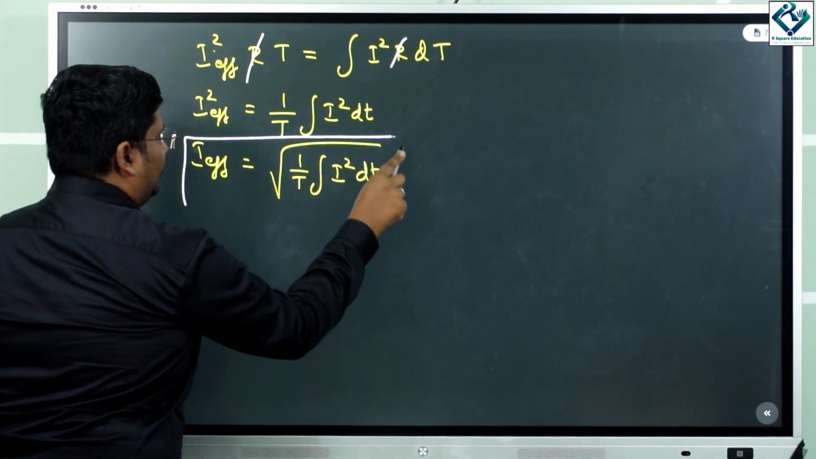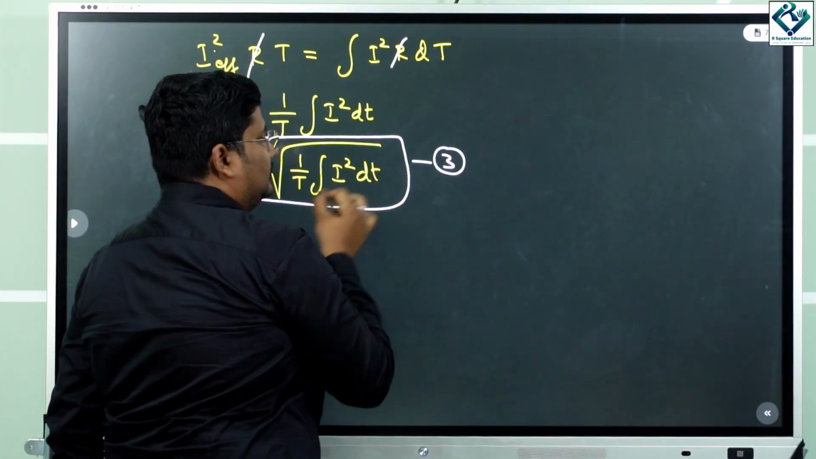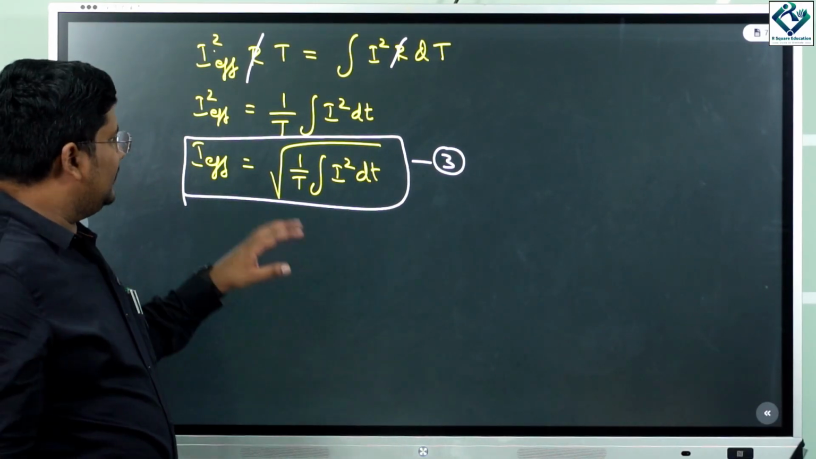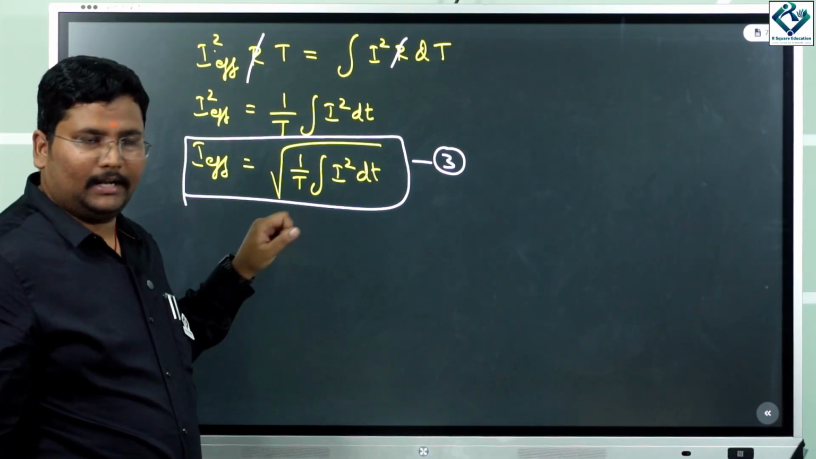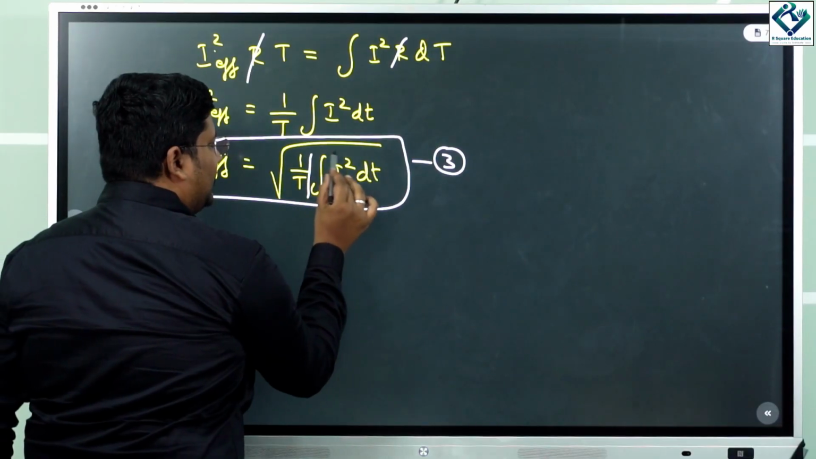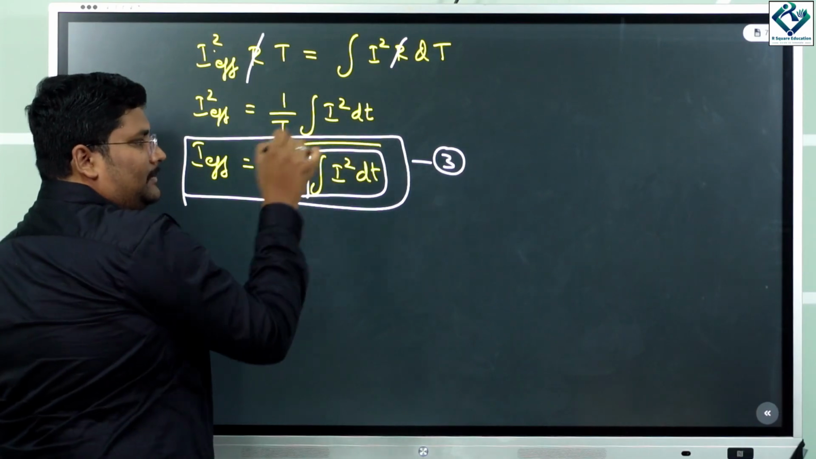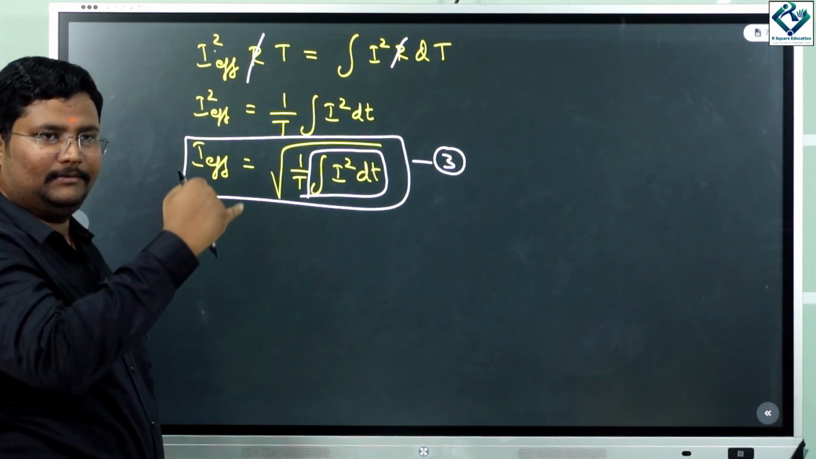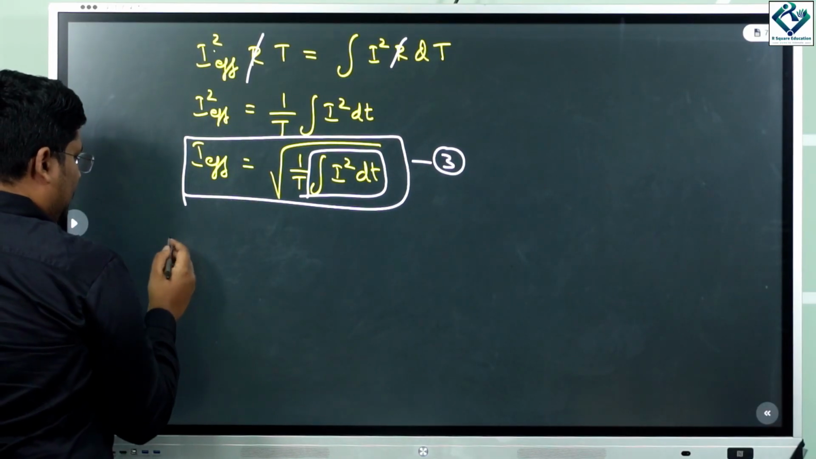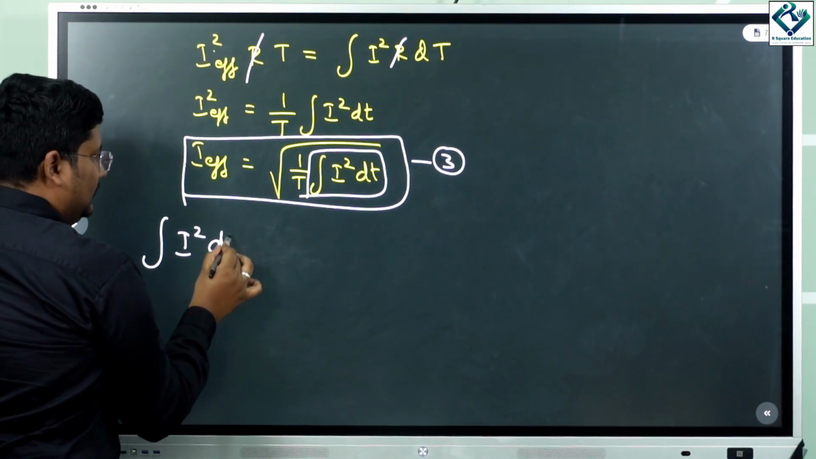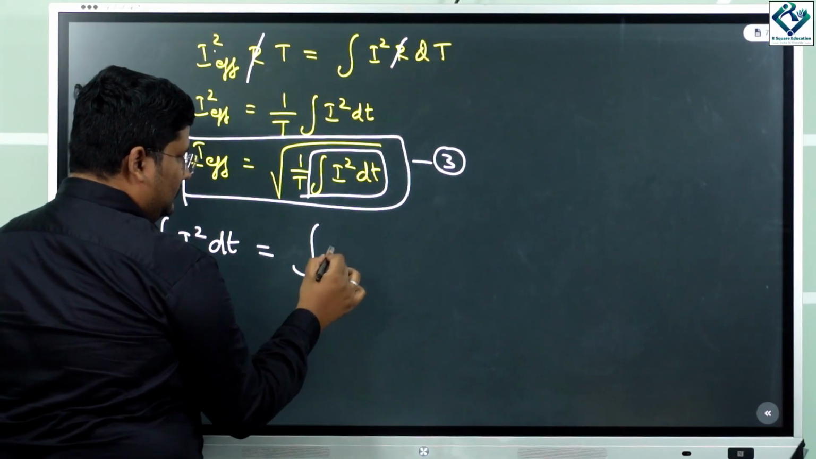Let me consider this as the third equation. When I substitute everything inside, it will be somewhat difficult for us to derive. So I consider only this part first, evaluate it, and then substitute it back in this equation to calculate I effective. So integral I square dt will be what? You know I is going to be